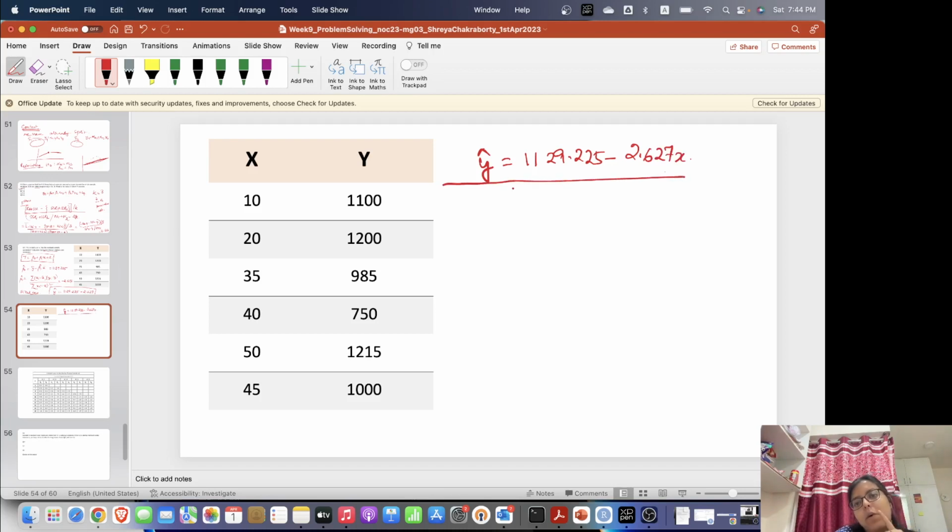So if I calculate y hat from here, I would get